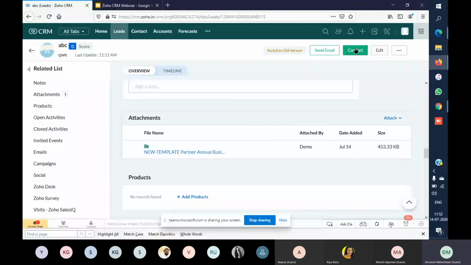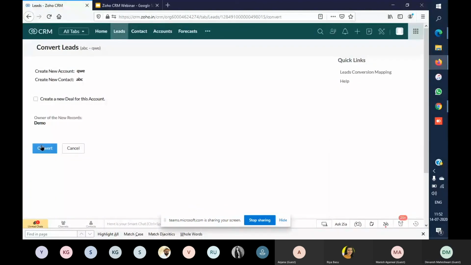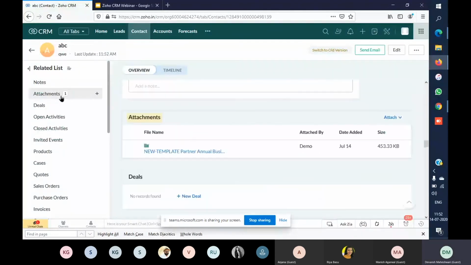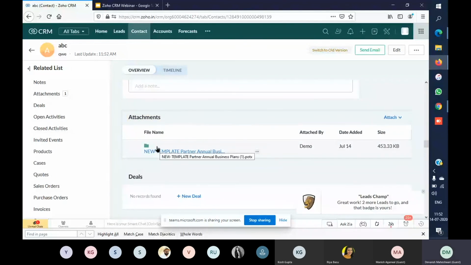So if we convert, we'll choose the contact name, and over here you can choose the attachment is converted in contacts. So I think I am clear.